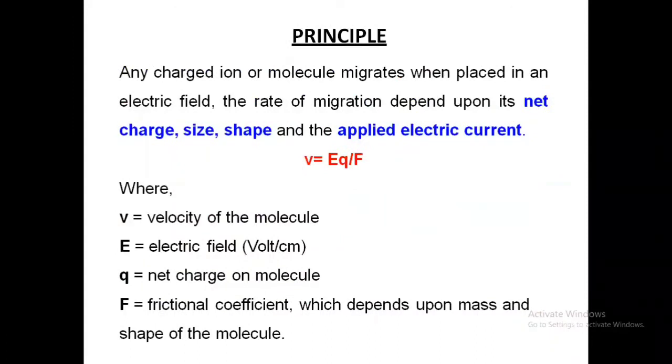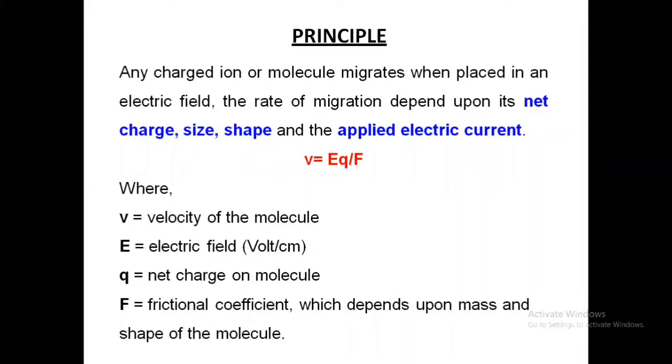Now, the principle of electrophoresis. If they ask the principle of electrophoresis, the first point you have to write: in electrophoresis, the charged particles present in our buffer solution or sample solution are separated, or migrated, towards the oppositely charged electrodes. Why is this migration happening? Because between these two electrodes, we are applying electrical potential or electrical current. Because of that electrical current, the migration of charged particles in our solution is happening. Now the question is the migration rate of your charged particles.